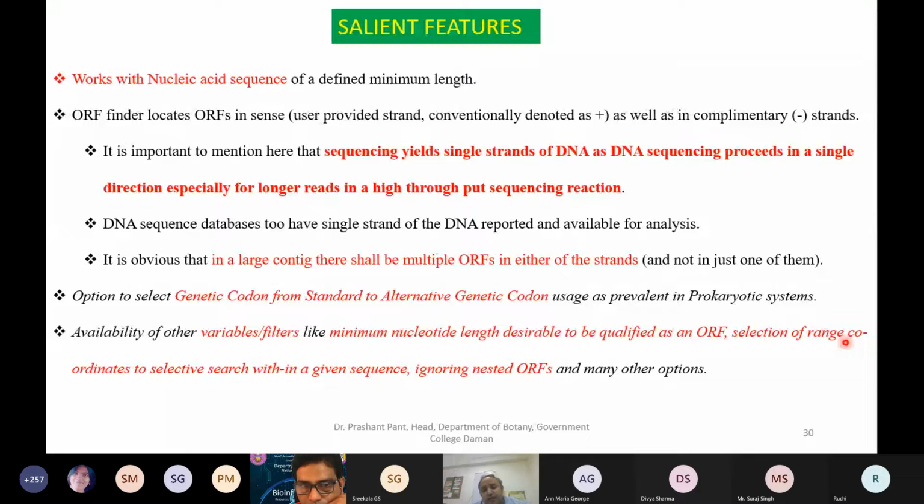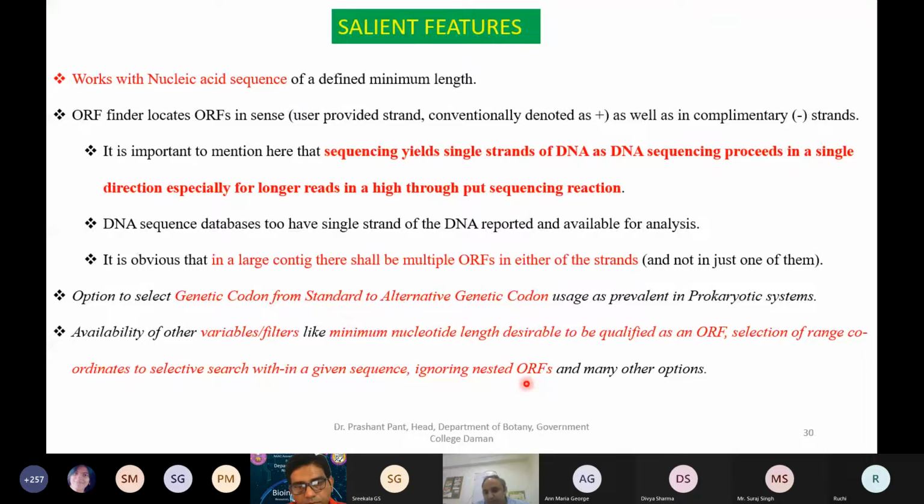Then you can ignore nested ORFs. Nested ORF means an ORF within an ORF. Imagine there is a 100 base continuous stretch not having stop codons in a given frame. It is possible that within that 100 you have some other smaller ORFs, which may or may not actually be encoding, but technically speaking they are ORFs.